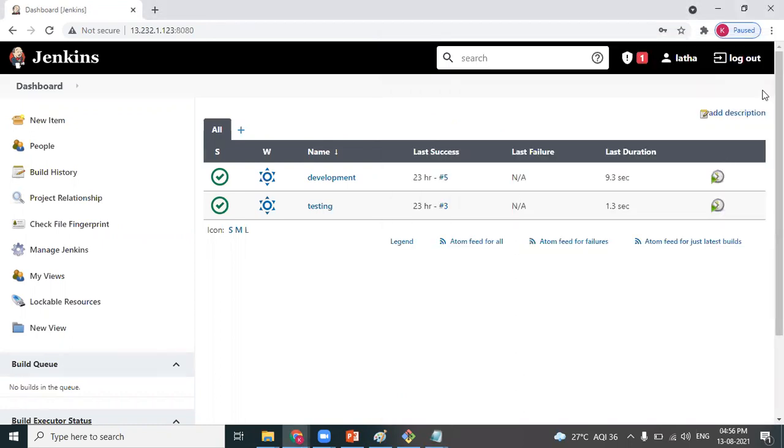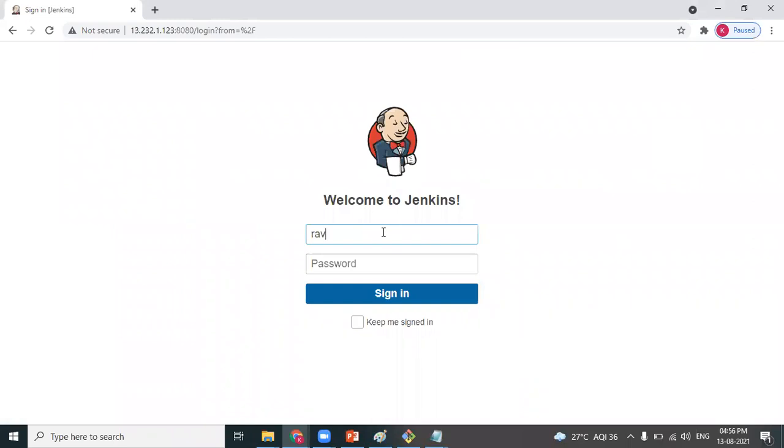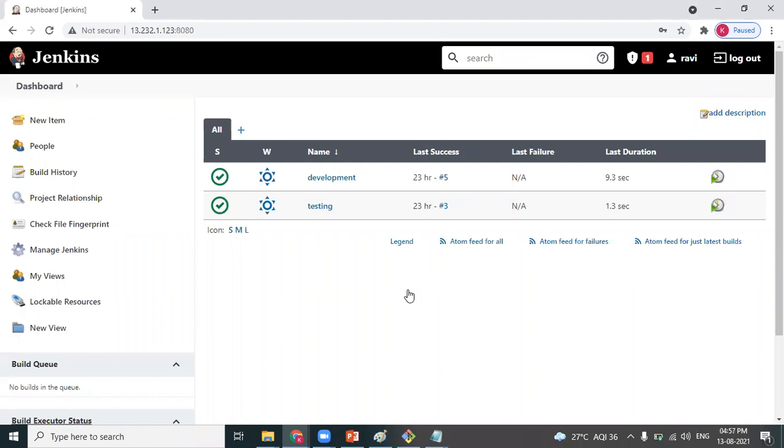When Ravi, a developer, logs into the Jenkins dashboard, most important point, he is having Manage Jenkins. Using Manage Jenkins, he can also create new users. He can install plugins, uninstall plugins, and delete jobs. He has by default full control over Jenkins.